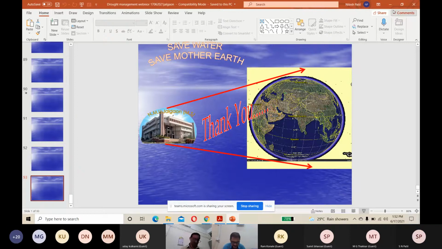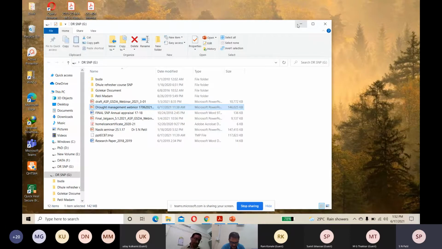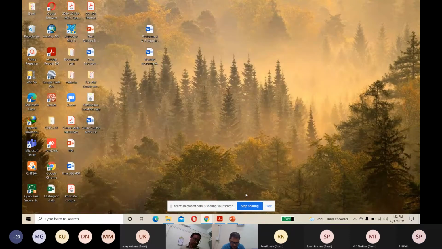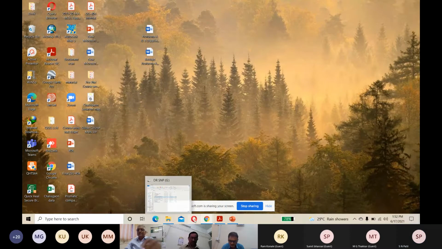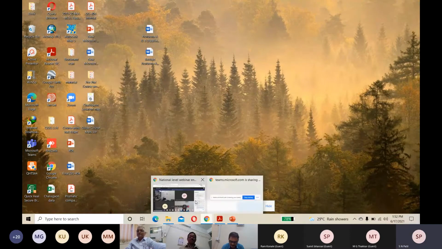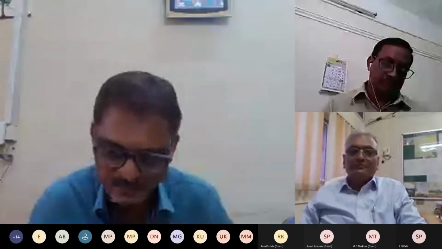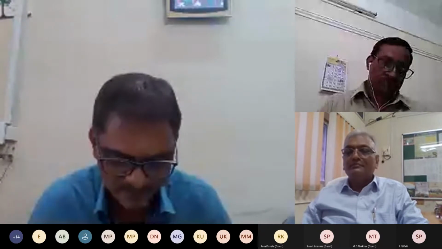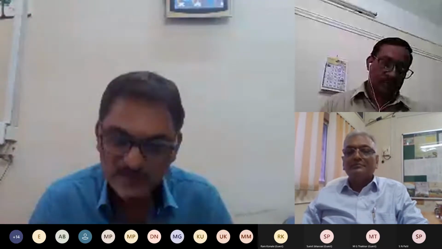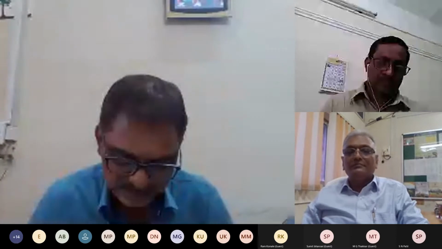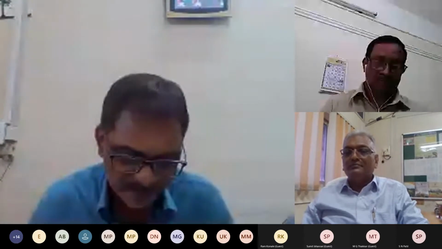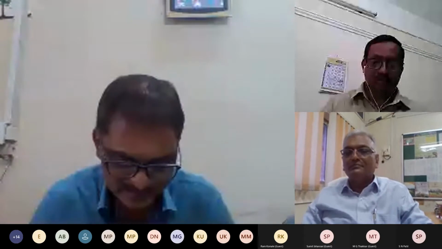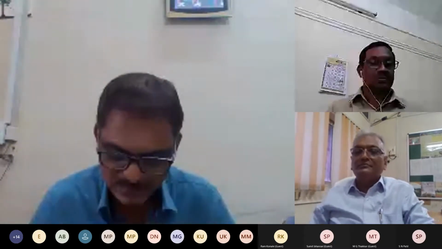So we were listening to the lecture by Professor S.N. Patil on water harvesting. Professor S.N. Patil is a dedicated geologist working in this field in this North Maharashtra region, as I know. So I am very much thankful to him also, on behalf of the whole organizing committee, for enlightening the audience.